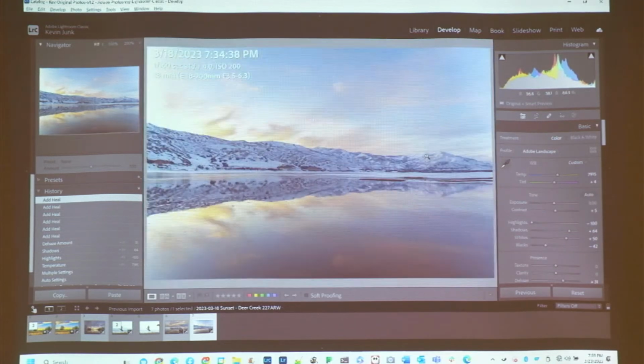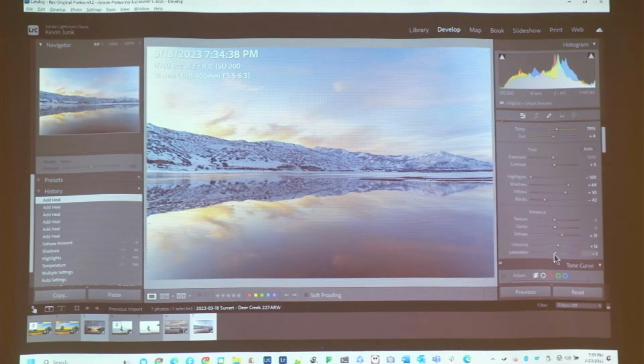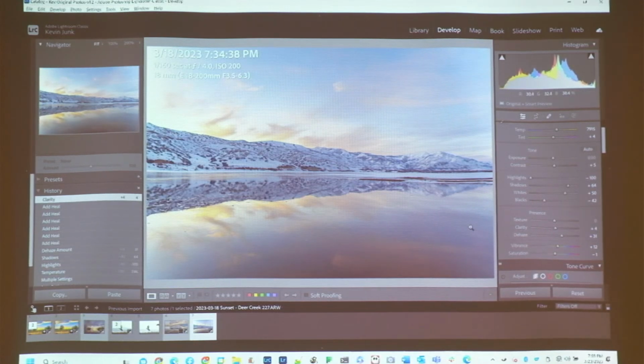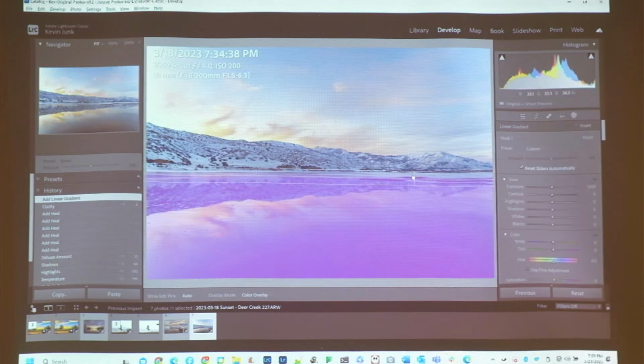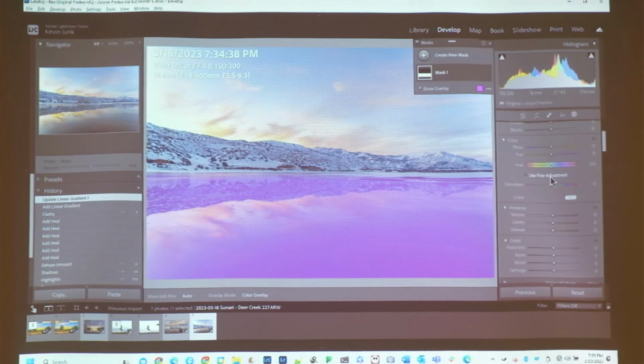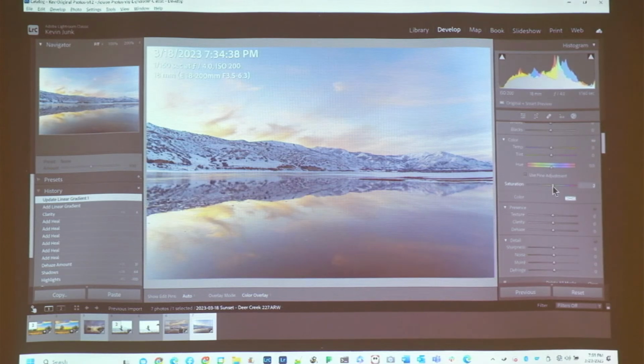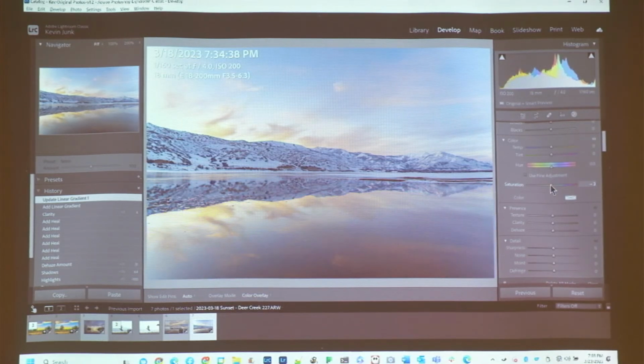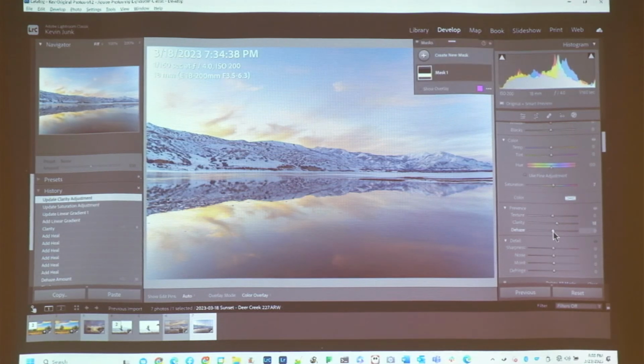Okay. So I would also come down here and I do a little bit of clarity. Now again, this is graduated filter. I want to do the clarity around the water, not the sky. And now I'm going to increase saturation just a little bit, and just to show you what it would do if you're going overboard. I'll increase clarity to make it a little bit more reflective. Do the dehaze,